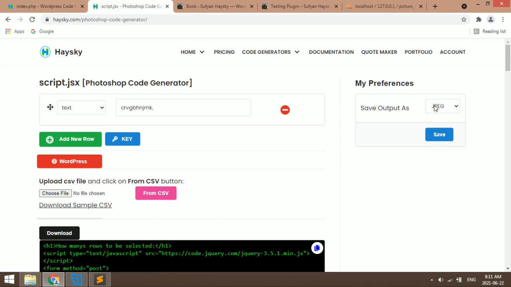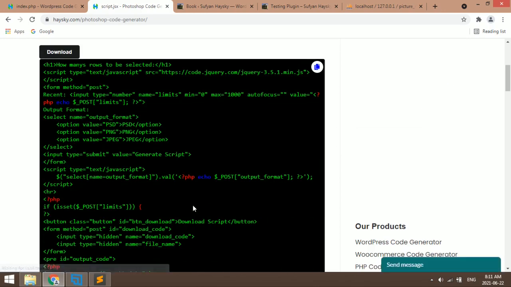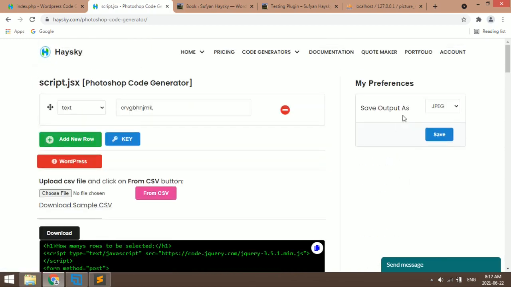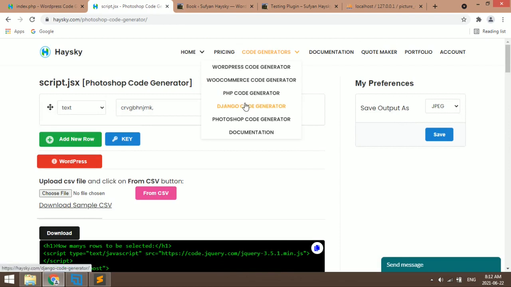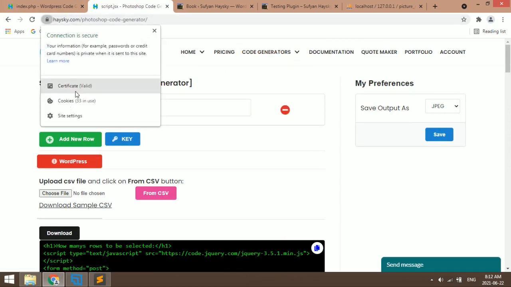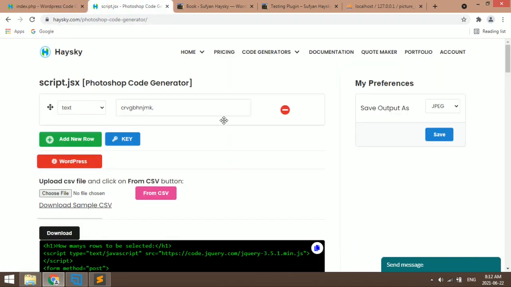So JPG is saved. Now in our code, output will come in this JPG format. Like this, in Django also we have some different preferences. Preferences are saved in cookies and they are used by our website. If you clear the cookies, then preferences will be cleared.